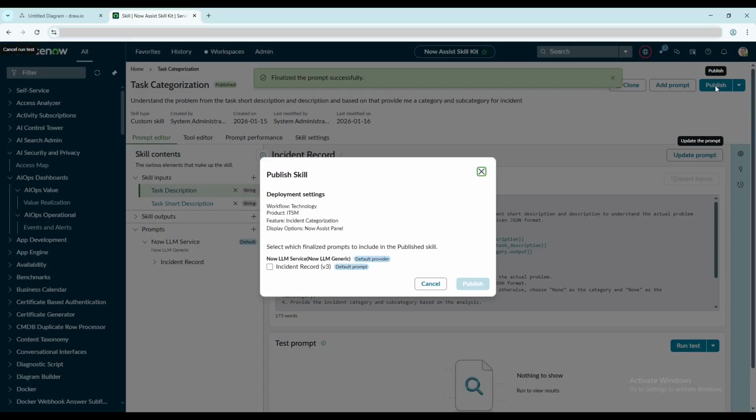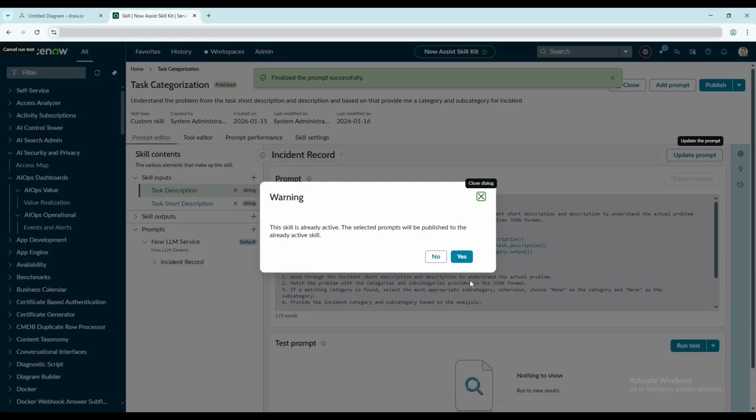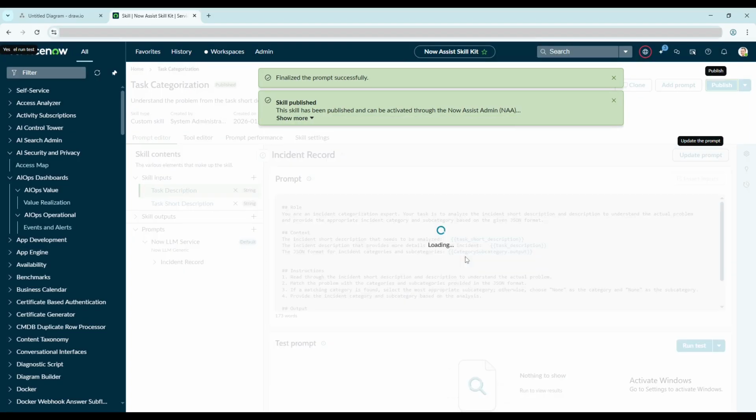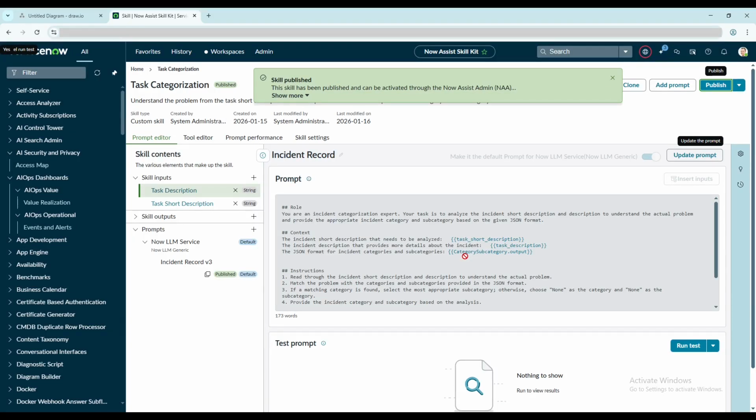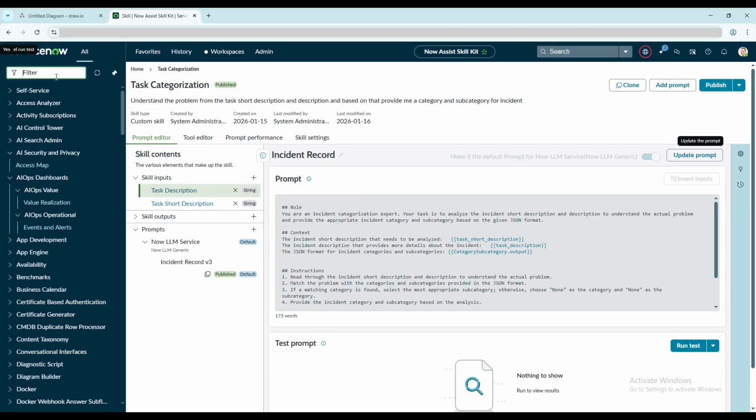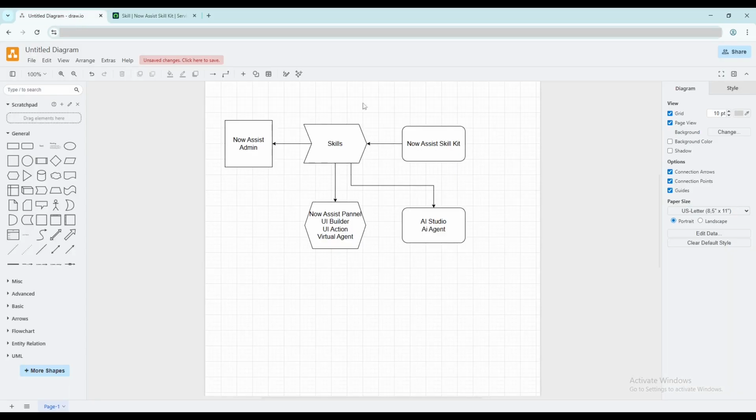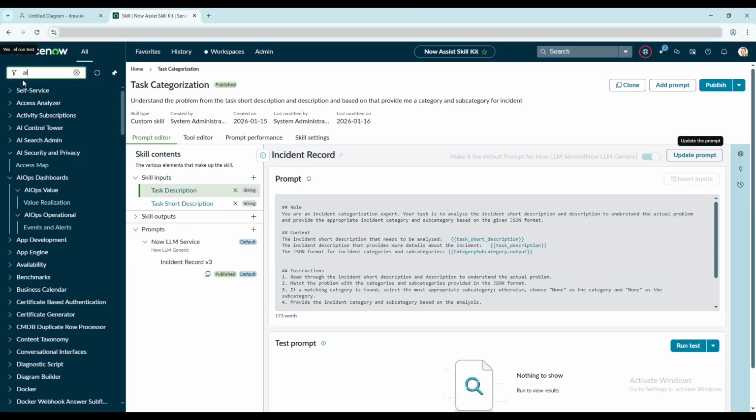So instead of task dot everything, I changed it a little bit to description and short description. The reason I have done this is because I am going to use this skill in our AI Studio to leverage that AI agent. So this skill is ready right now. So what I will do, I'll go to AI Studio, and then I'm going to build an agent. So I'll go here,